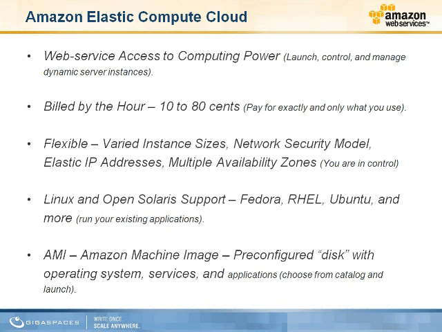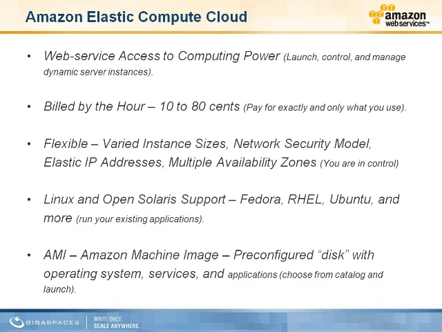All right, let's take a little closer look at the Elastic Compute Cloud. As I said before, the idea with the Elastic Compute Cloud is you get web service access to computing power on demand. So what that means is you actually can make web service calls into the Amazon cloud, and those calls can do things such as give you a list of the available spaces where you can launch your servers, give you a list of what are called AMIs, Amazon Machine Images you can launch. You can then do the actual launch request yourself to the cloud.